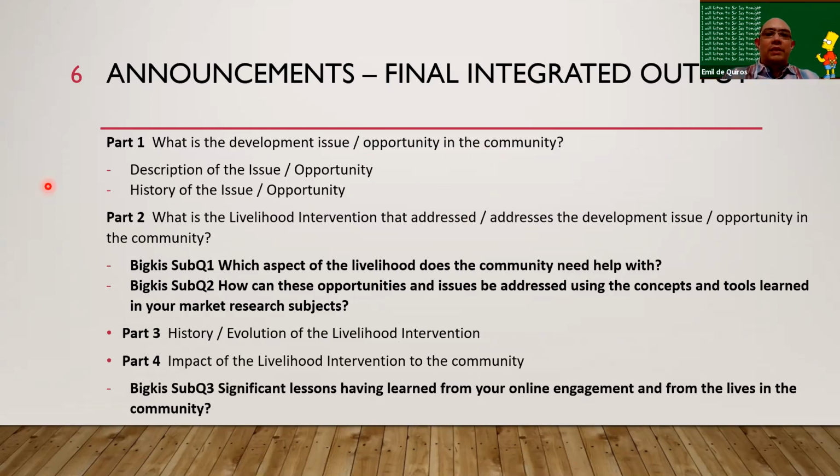It's basically, you guys are assigned different communities. So it's basically a description of the issues being faced by the community. The livelihood intervention, I think most of you will be tackling some livelihood interventions and a story about that. What's the goal? What are they trying to achieve? And some of the lessons learned from your online engagement. Unfortunately, your engagement will be limited to online this time around. Hopefully, in the future, you'll have more face-to-face interactions with communities. So it's the same output as your NSTP final output. And in most cases, also your marketing.